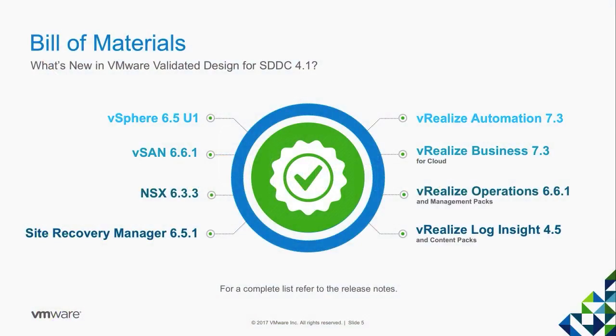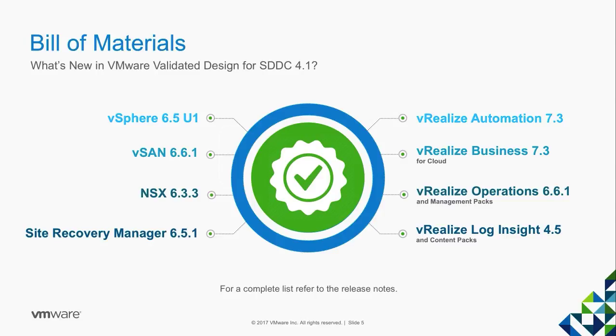The 4.1 release has an incremental wave of updates to the bill of materials since 4.0. And these include vSphere 6.5 Update 1, the most recent update to our flagship product and its components like the platform service controllers, vCenter Server, ESXi, etc. vSAN 6.6.1, a major update to our industry-leading software-defined storage solution. NSX 6.3.3 for network virtualization, a fundamental element of the design that provides Layer 2 through Layer 7 network and security services in software. Site Recovery Manager 6.5.1 provides disaster recovery for the management stack and business workloads when implementing